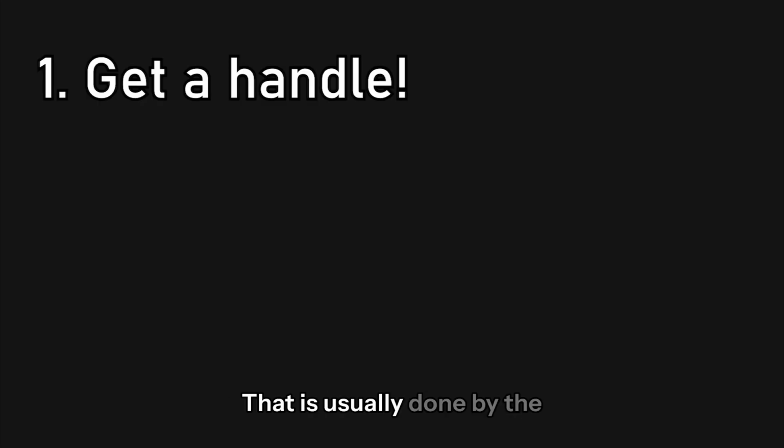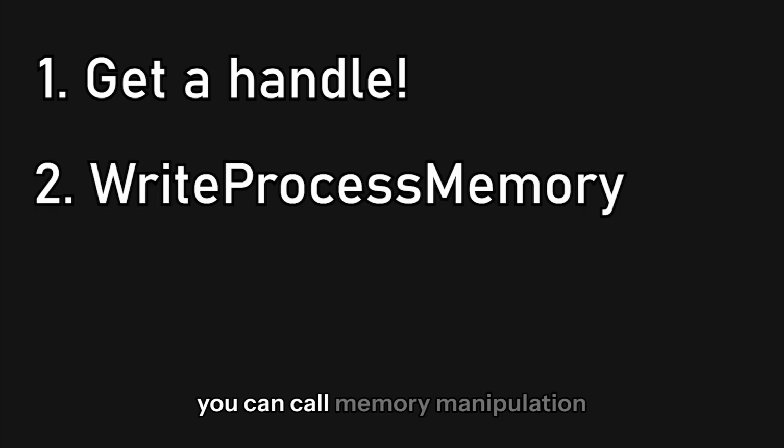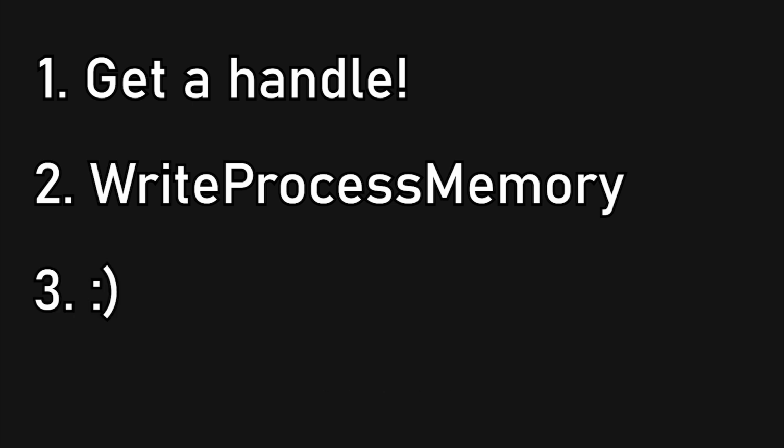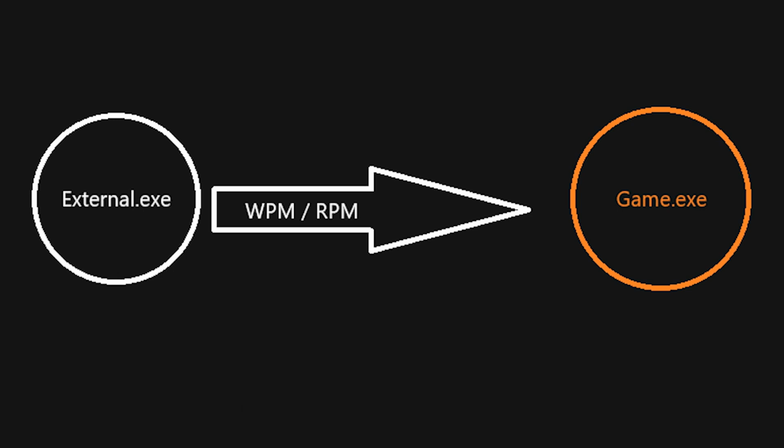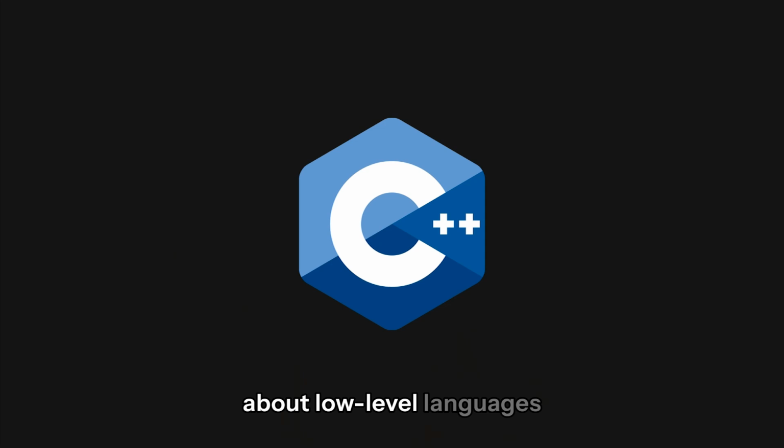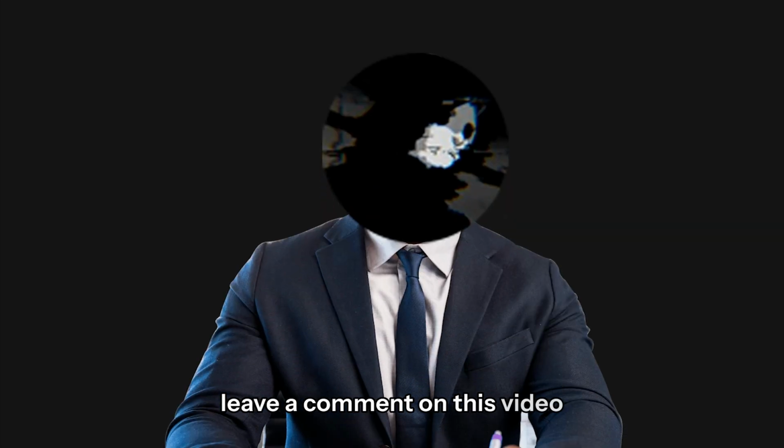What you need to do in order to read memory of another process is the following. First, you need to acquire a handle. That is usually done by a call to the OpenProcess function. The second thing is, with that handle, you can call memory manipulation APIs like WriteProcessMemory and ReadProcessMemory. And that's all. Using that handle and the functions that I mentioned, you can basically read the memory of the process. So, if you know where a certain memory address is, you can literally just read it. Of course, if you don't know anything about low-level languages, you won't know what I'm talking about, so this video isn't made for you. If you wish for me to explain all those concepts, leave a comment on this video,